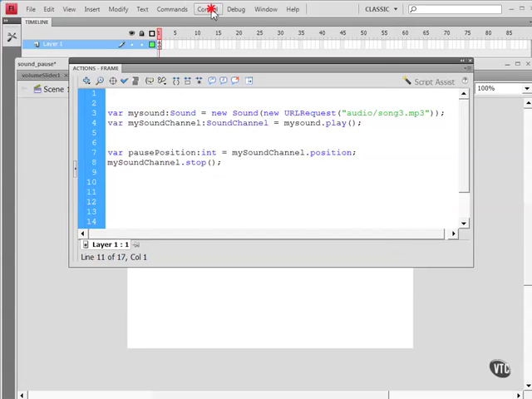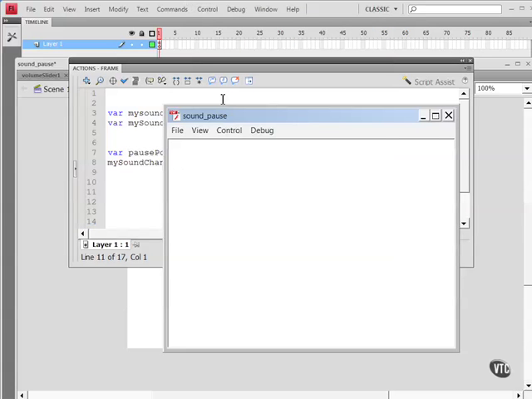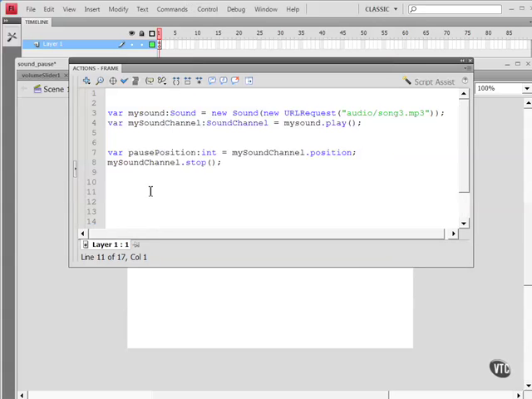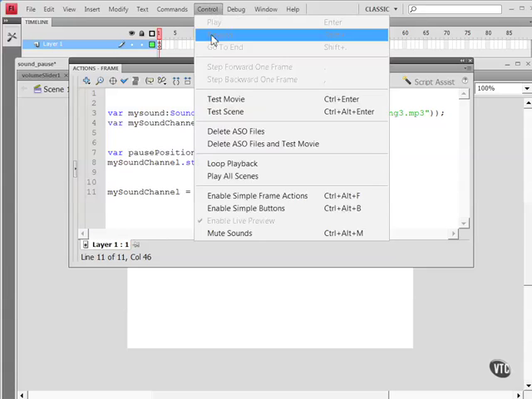Let's go ahead and test our movie again. This time, because I've stopped playback, we shouldn't hear the music playing back, but no error messages is the key. Now we pass the previously stored position value to restart the sound from the same point it stopped at before by using the play method, and the parameter there for where I'm playing from is the variable that I set up earlier, pausePosition, that has the position of the sound before I stopped it. Then set up your mySoundChannel equals mySound.play. Now what should happen is this should start playing again